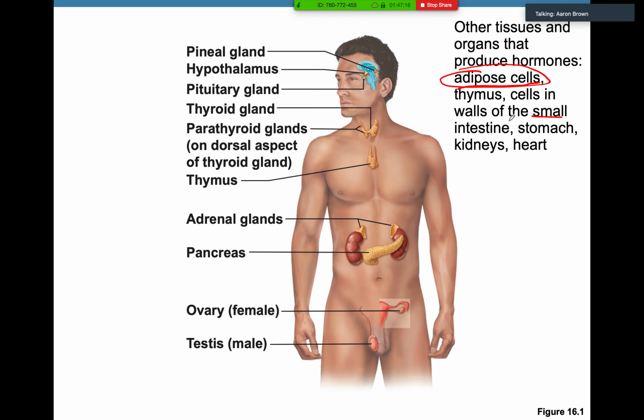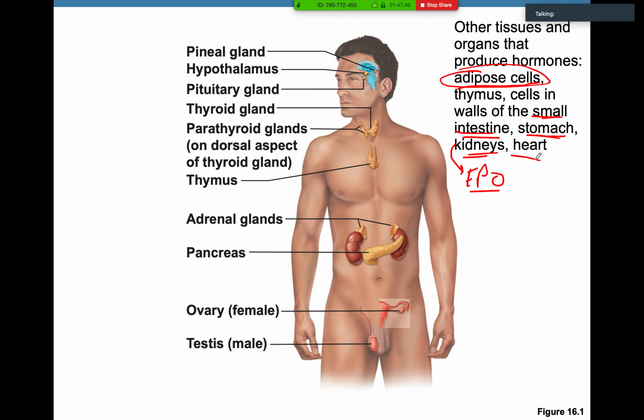Cells of the small intestine, stomach, kidneys, and heart are all going to be making hormones, okay? So in the small intestine and the stomach, we talk about gastrin, we talk about CCK. These are more locally available hormones, but hormones nonetheless. Kidneys produce renin, they produce EPO. EPO is a hormone that will go to the bone marrow and tell the bone marrow to make more red blood cells, and that's made by the